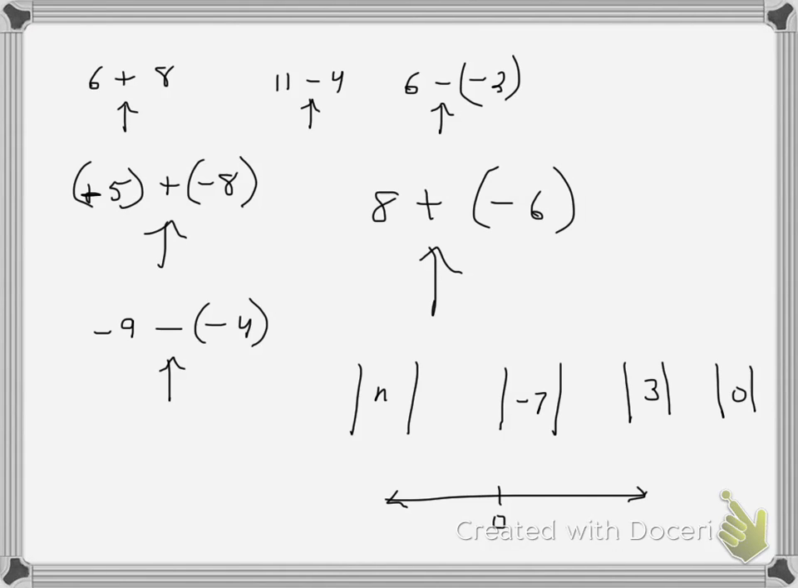So if I have 1, 2, 3 sitting here, the absolute value of 3 would be the distance between 0 and 3. So that would equal 3. If I had negative 4, the absolute value of negative 4, I would go over to negative 4 on the number line,